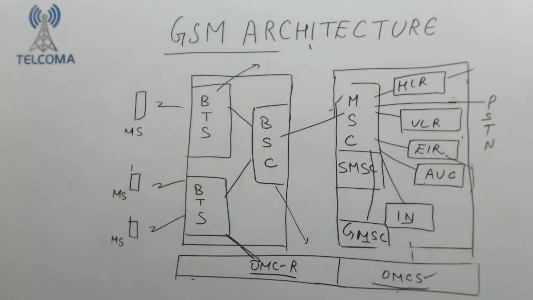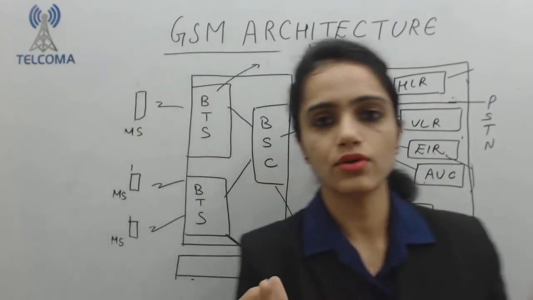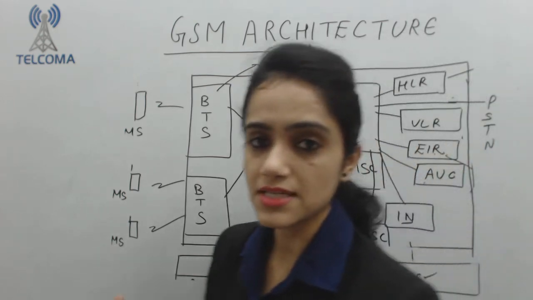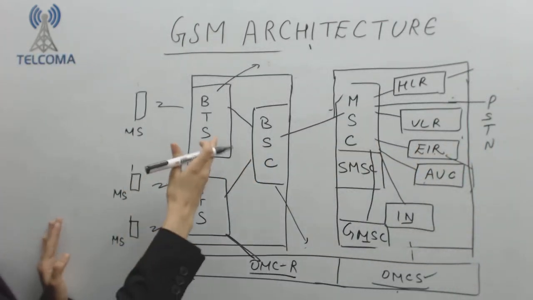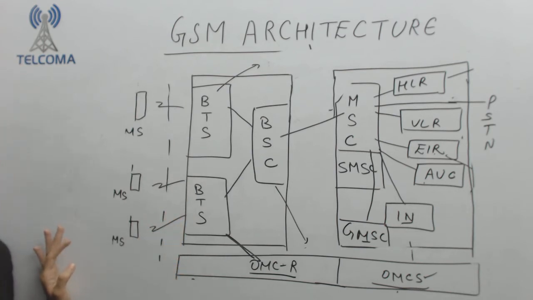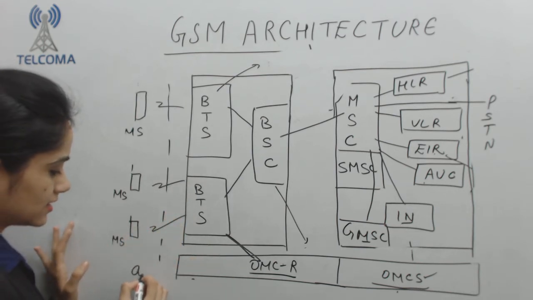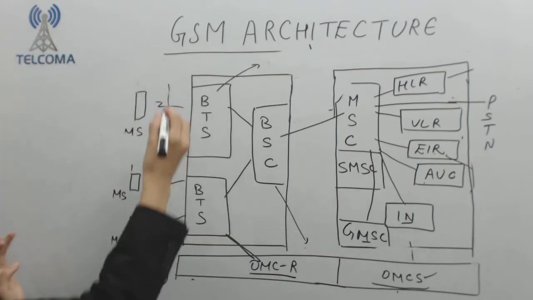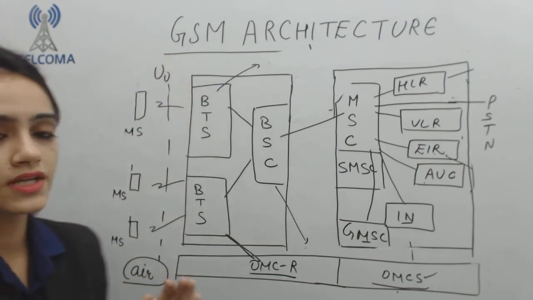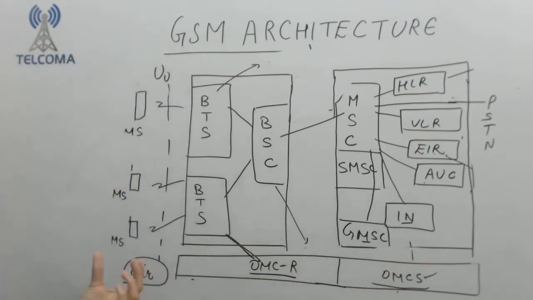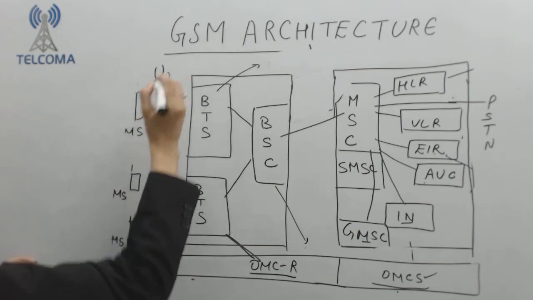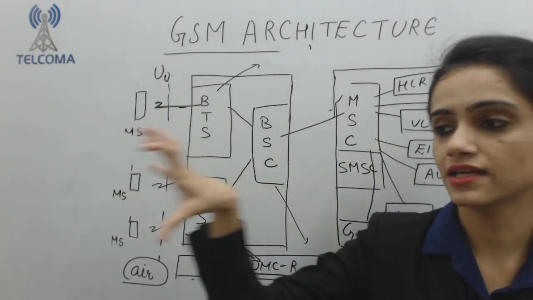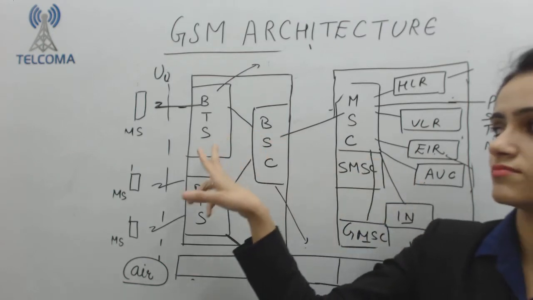So now the mobile station, that means my cell phone, I require to attach it with the BSS part. So the interface, that means how my mobile station is connected to the BTS. The connection between MS and the BTS will be the air interface. Now this air interface is also known as the UU interface, that means user to user interface, and with it we are connected to the BTS. Obviously, antennas receive my signals and pass those signals to the BTS.